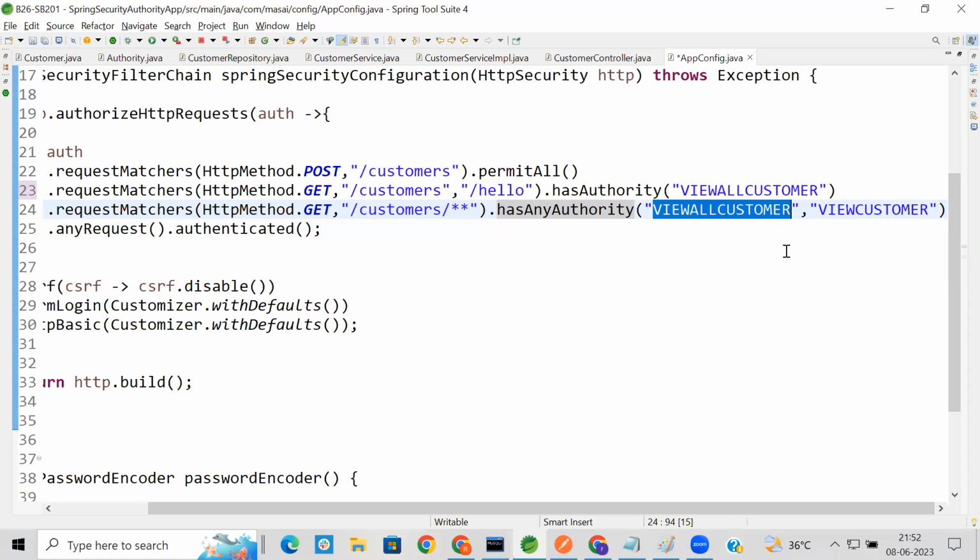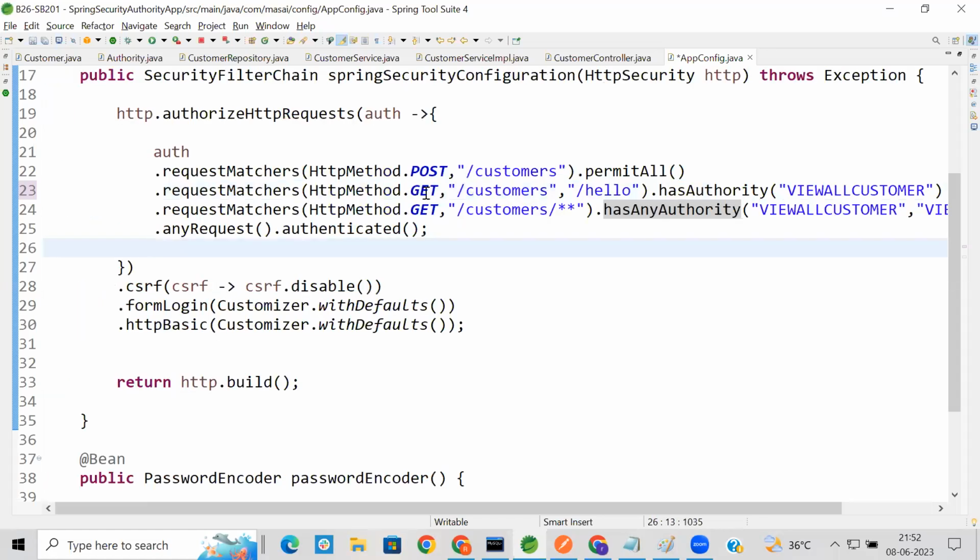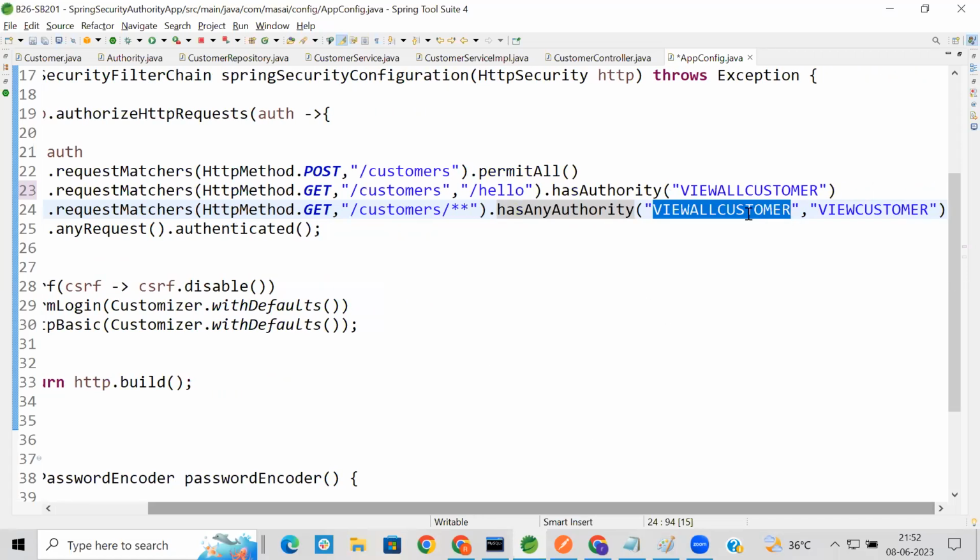बस आपको ये देखना है कि जिस यूजर से हम जिस एपीआई को कॉल करवा रहे हैं, वहां पे जो अथॉरिटी मेंशन है वो अथॉरिटी उस यूजर के पास है या नहीं। अगर वो है तो आसानी से उसे कॉल कर सकता है। अब राम की बात करते हैं, तो इन दोनों को कॉल करने के लिए व्यू ऑल कस्टमर, हाँ राम के पास ये अथॉरिटी है। क्या इसे कॉल करने के लिए राम के पास अथॉरिटी है? हाँ, इसे भी कॉल करने के लिए राम के पास अथॉरिटी पड़ी हुई है।